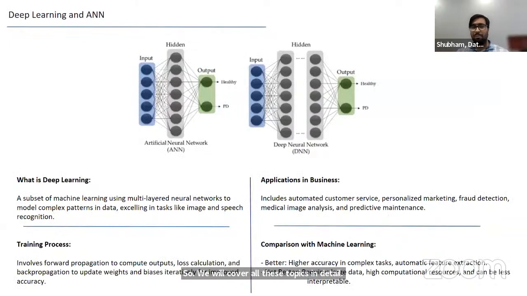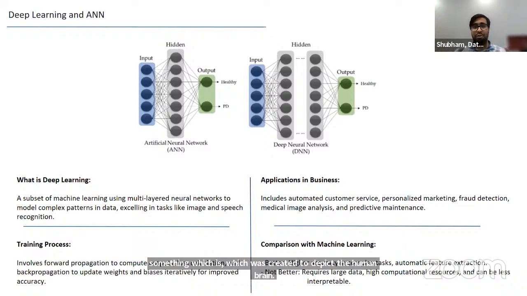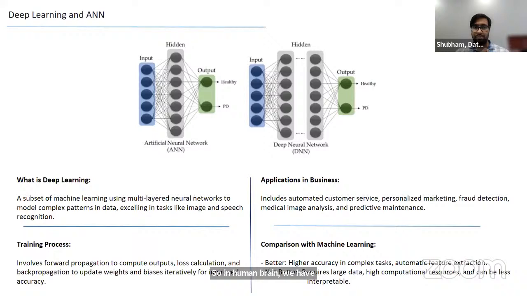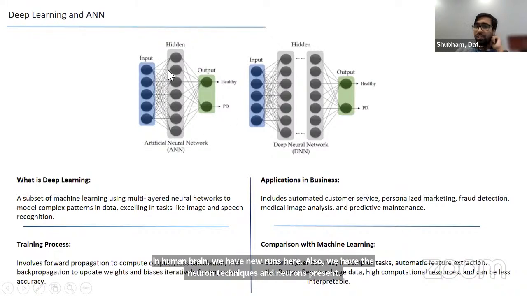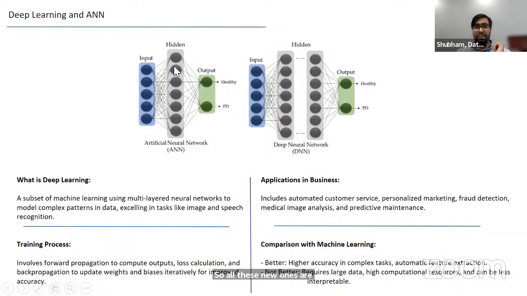Let's start with the most basic thing, which is deep learning models. Deep learning models were created to depict the human brain. In the human brain, we have neurons. Here also we have neurons present, and all these neurons are connected to each other. Once these connections are established, the model is able to establish the relationships between different features. We input a few features and the model creates different hidden states. The deeper these hidden states get, the more complex the model gets,